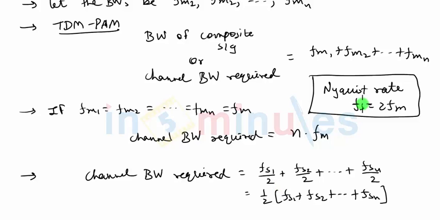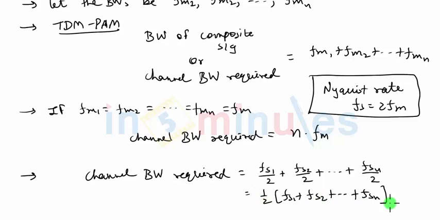You can now see that if sampling is done at the Nyquist rate, then I can put fs equal to twice fm. So if I put fs1 equal to twice fm1, then the 2 will cancel out, I'll get fm1. If fs2 is twice fm2, the 2 will cancel out, I'll get fm2. But if the sampling is done at a value greater than 2fm, then I have to use this expression for the bandwidth. For example, if fm1 is 5 kHz and the sampling is done at 10 kHz, then half into 10K will give me 5K anyway. But if the sampling is done at 12 kHz, let's say for example, then it will be 12K by 2, which gives me 6K. So instead of 5K, I'll have to consider 6 kHz